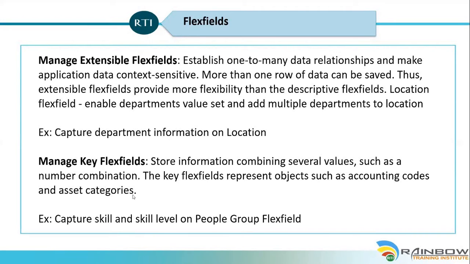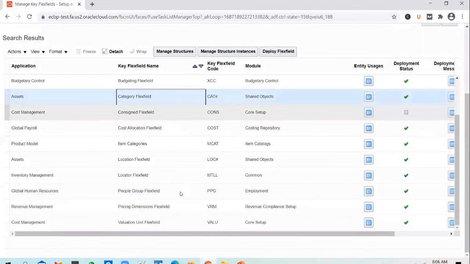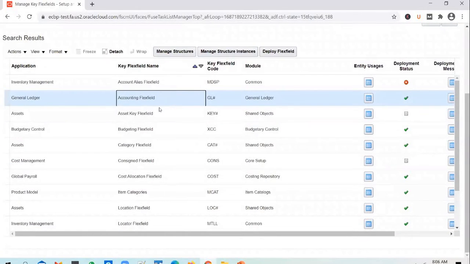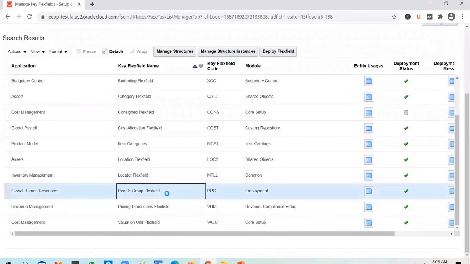So what do you do? The way you configure and enable key flex field is more or less similar to what you have done in DFF. Configuring the accounting flex field and showing it in action takes probably 2 or 3 weeks. So what we do is, we pick up this people group flex field as an example. We will configure it, and after you configure the key flex fields,